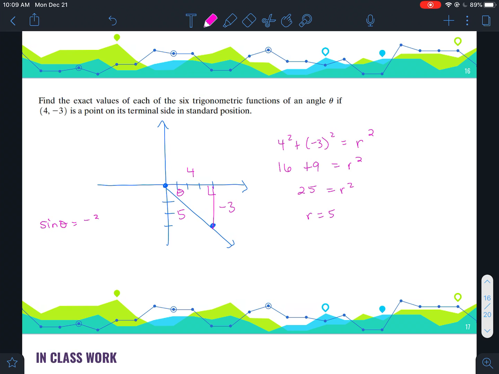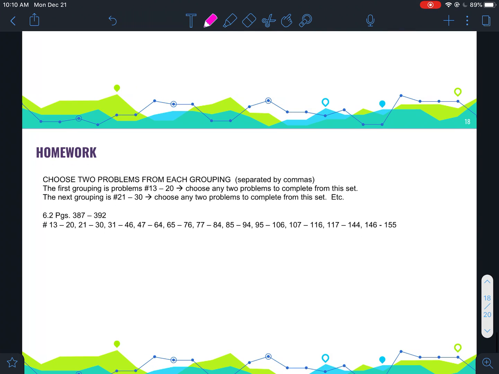So now I have basically a 3, 4, 5 right triangle. And so now if I wanted to find the sine of that angle, well, sine is opposite over hypotenuse, so it would be -3/5. Cosine of that angle would be adjacent over hypotenuse, so it would be 4/5. Tangent of that angle would be opposite over adjacent, so -3/4, and then flip them over. So cosecant of that angle would be 5 over -3. Secant of that angle would be 5 over 4. And cotangent of that angle